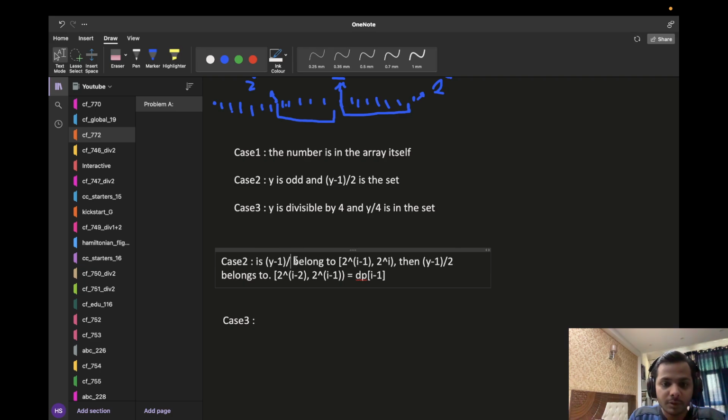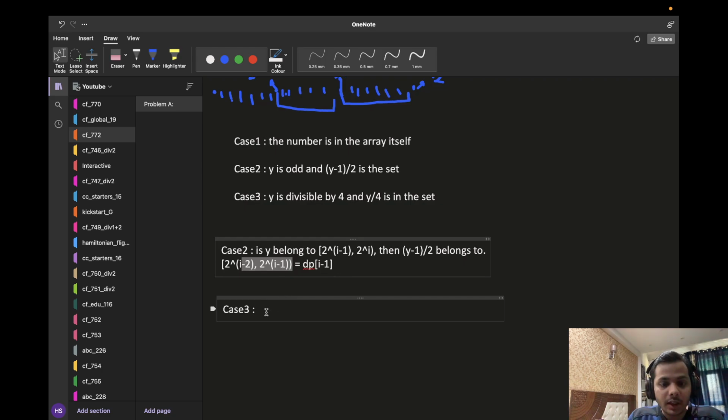Sorry, so this should be y. So if y belongs to 2 raised to the power I minus 1 and 2 raised to the power I, and y is odd, then y minus 1 upon 2 should belong to this particular range, and that particular value of y minus 1 upon 2 will give me a value of y. Okay, so coming back here, so now I am claiming